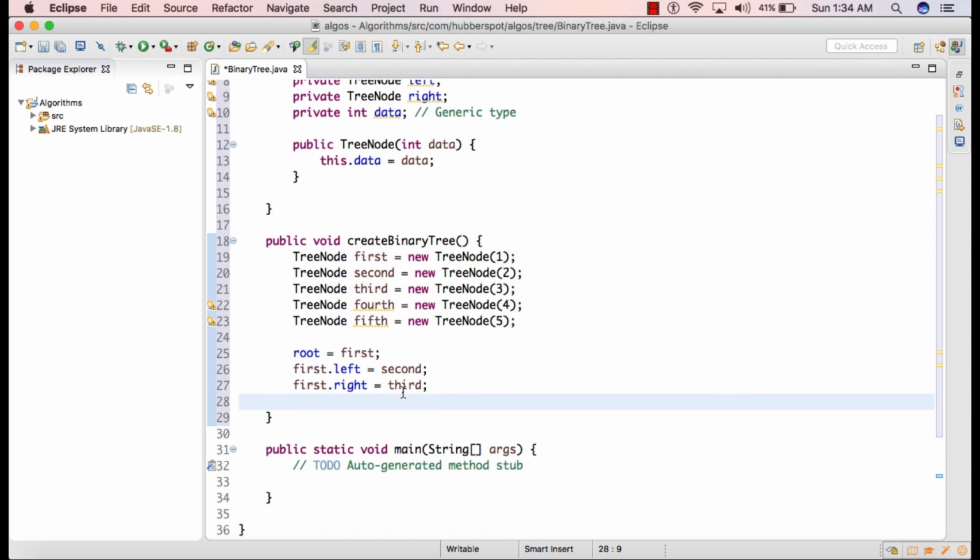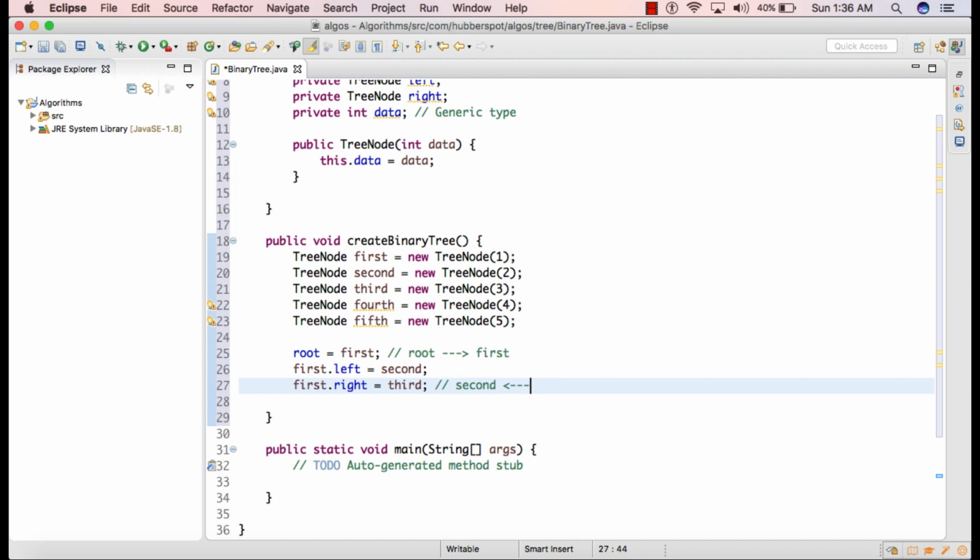So after these three statements, here you can see root will point to first, and after these two statements it would look something like this: first.left will point to second and first.right is pointing to third.